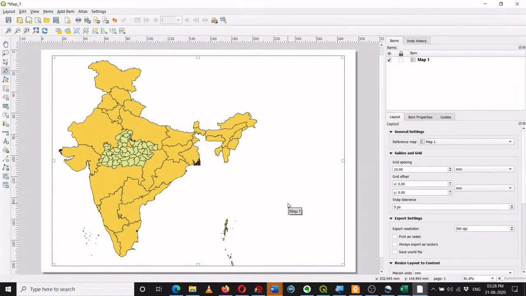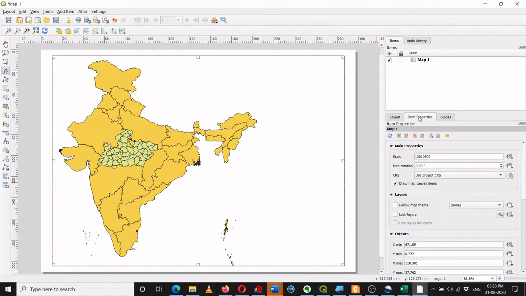Now let's come over here to see this toolbar. Here you can see the items which are brought in this space. First item is the map, so we have brought one. Second, these are the layout properties, we'll talk about them later. And there is something called item properties, which are very essential for us. Whatever item I select over here, those properties will appear over here in this space called item properties.